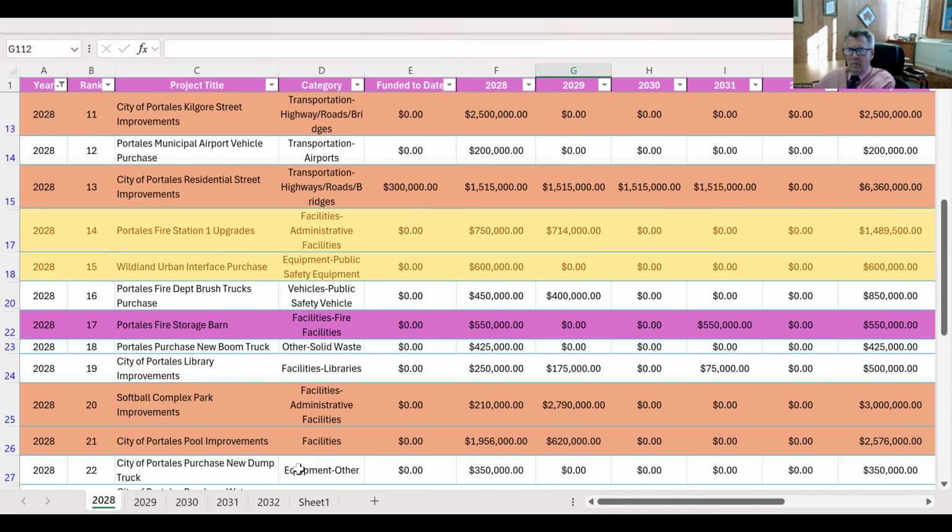Just one other thing, I think I missed it when you were talking about the colored ones. The ones that weren't colored were what? They're pretty much okay where they are. Let's look at number 16, the Portales Fire Department brush truck. So 450,000 and 400,000. If we need to combine that as one big purchase, then we would need to put other funding in there, but separately, as phased purchases, one for equipment, one for the vehicle, then those actually work in numbers. And we wouldn't need to break it up anymore.